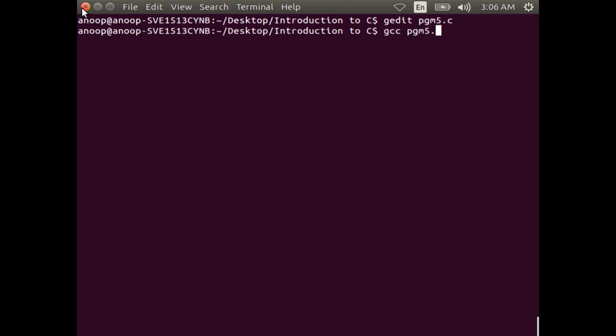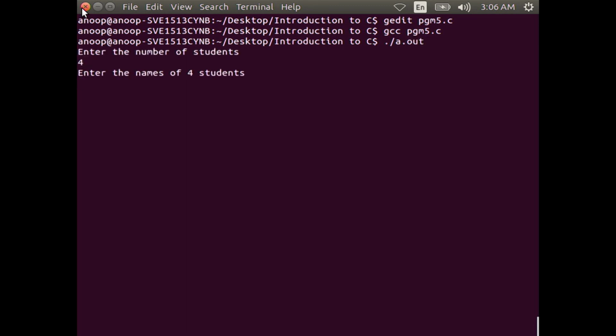You can see that there is no error in this program. So, you execute this and the system prompts for the number of students. Suppose you enter 4 as input, then enter the names of 4 students. So, you enter any 4 names for the students, then the system will prompt you to enter the marks m1 m2 m3 of 4 students.